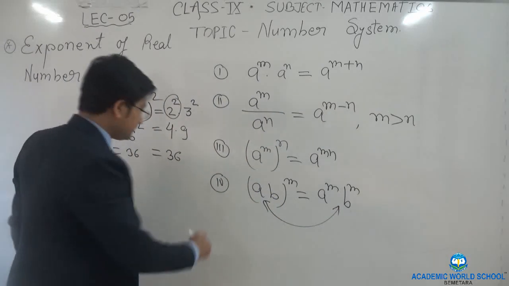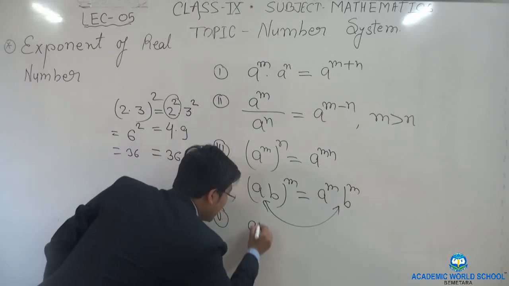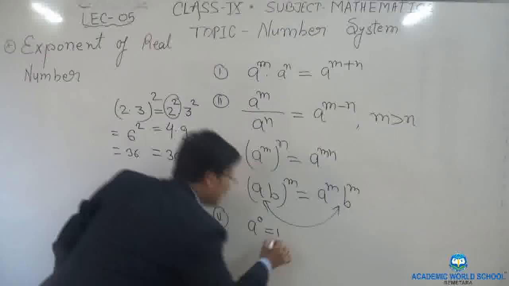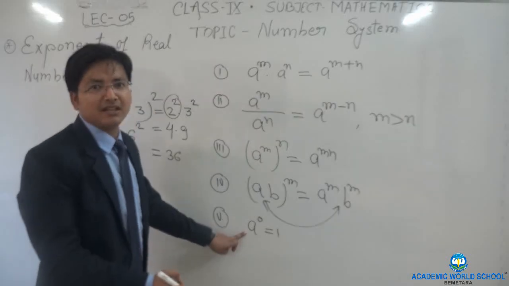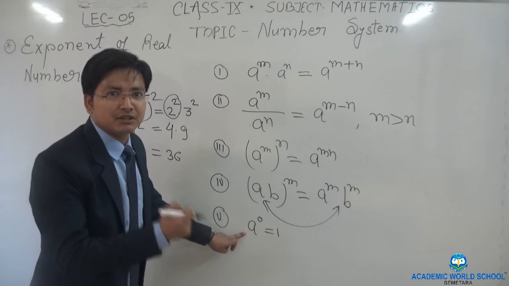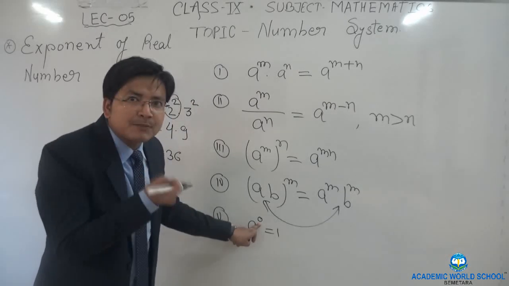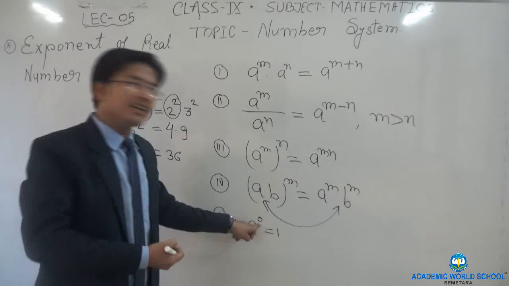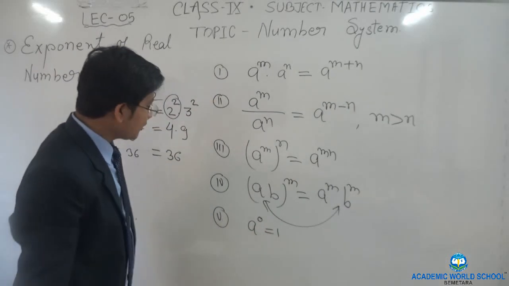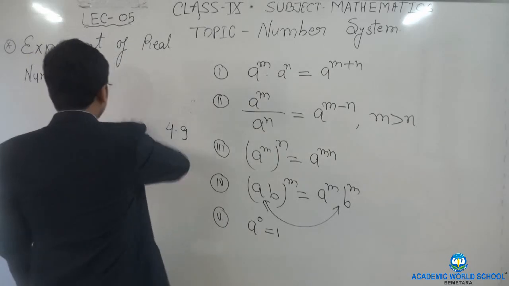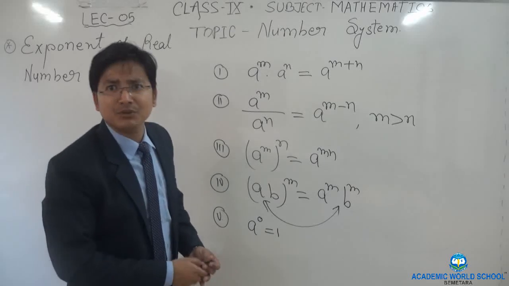Okay. So next I will be writing a to the power 0 that is equal to 1. Now it means any number is there. A means what? Constant. 2, 3, 4, 5. And if that holds exponent 0, then its value is 1. It means sir, you are telling 2 to the power 0 is 1. You are telling 5 to the power 0 is equal to 1. Yes, exactly I am telling this only.